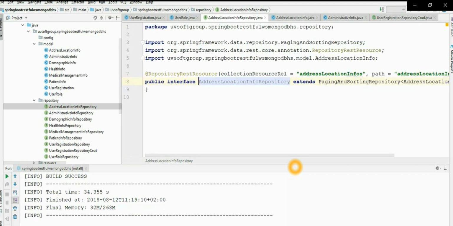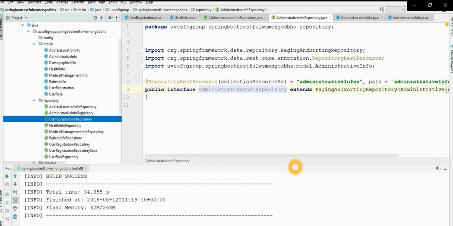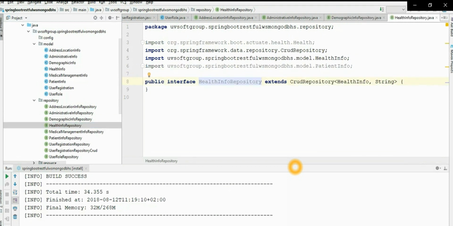Maybe for one domain class, in the address location, we extend the paging and sorting repository, that's all. Maybe for demographic information, you need a CRUD repository. But you see that